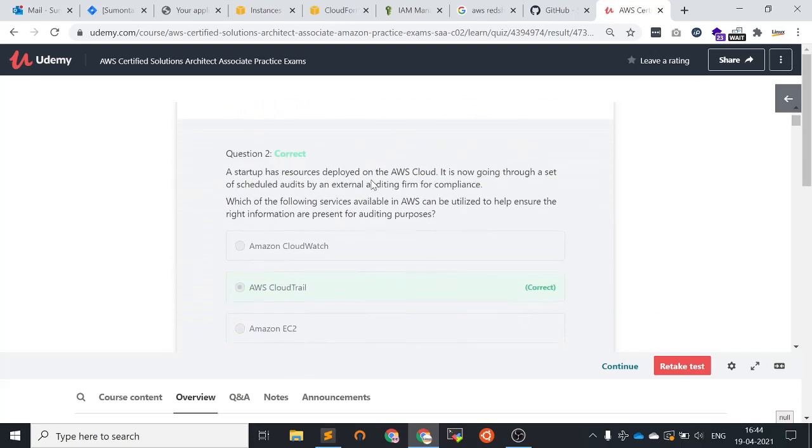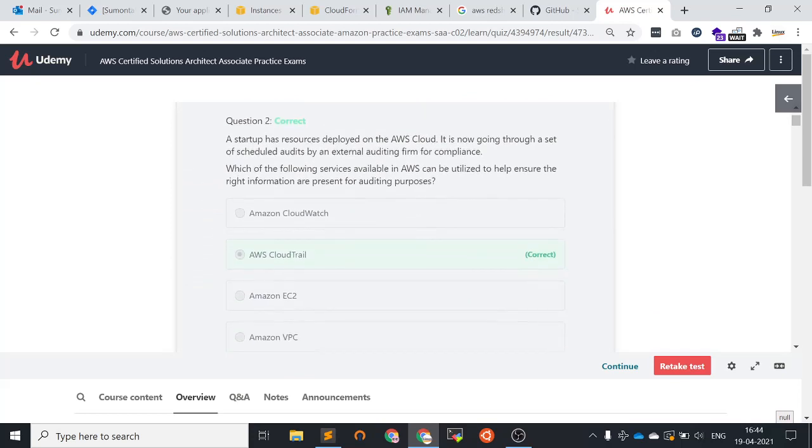Okay, question number 2. A startup has resources deployed on the AWS cloud. It is now going through a set of scheduled audits by an external auditors firm for compliance.